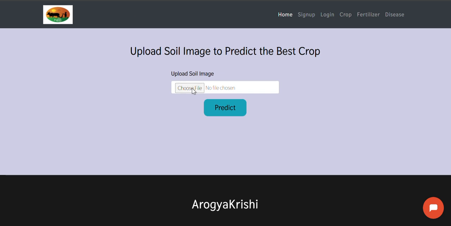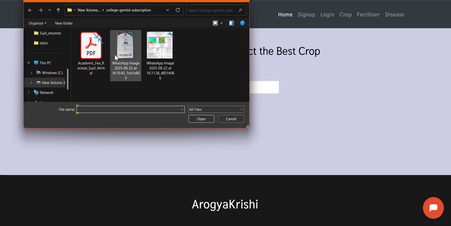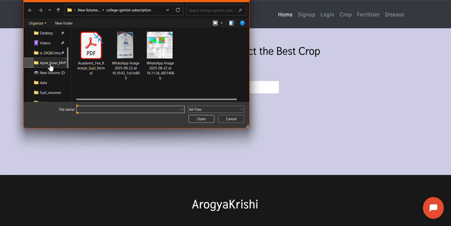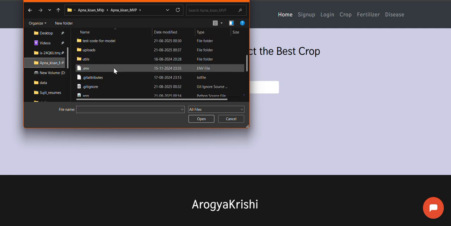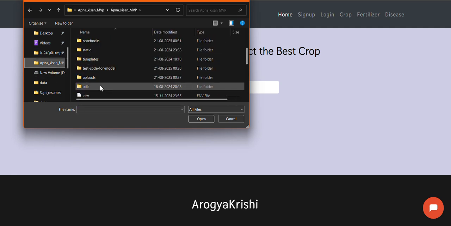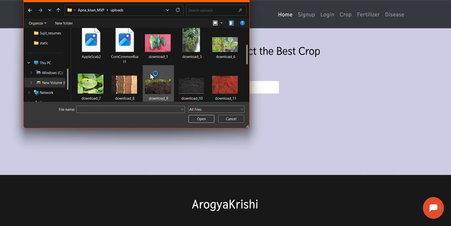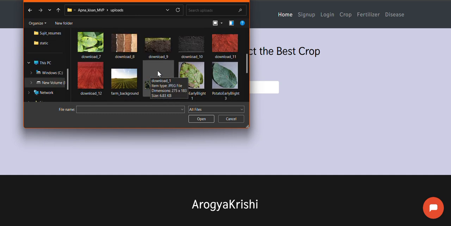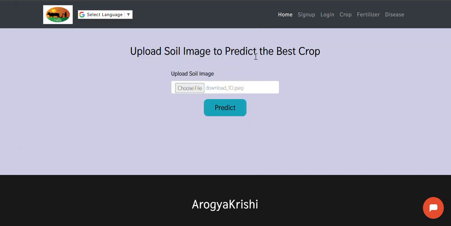Pick any image of the soil. You can upload any image. Let's upload one. So let's upload soil. We have uploaded an image of soil, and now we can predict which type of crop is best suited to that particular soil.